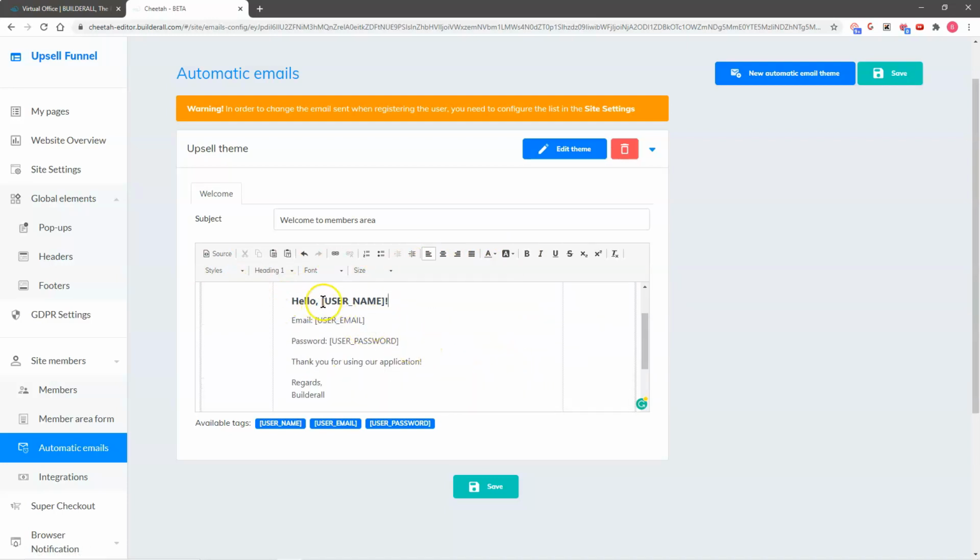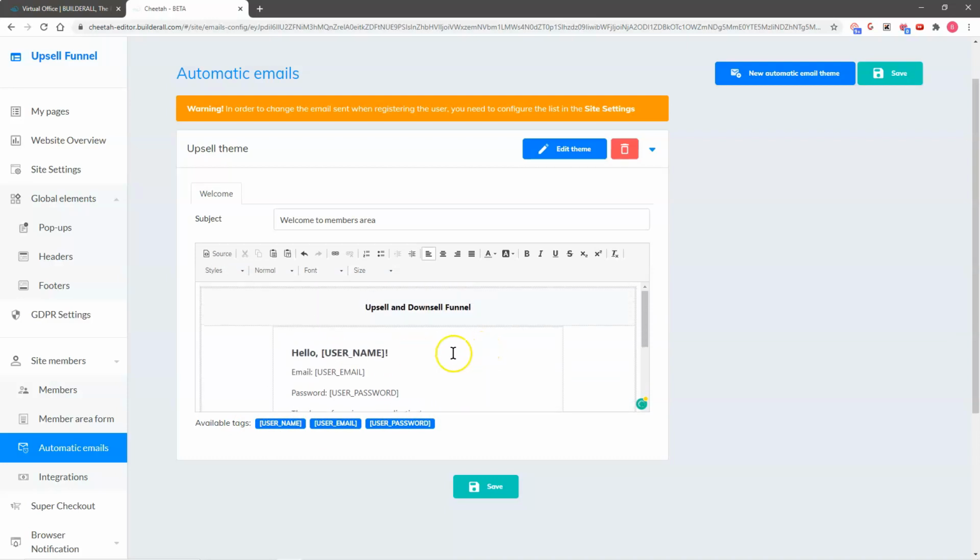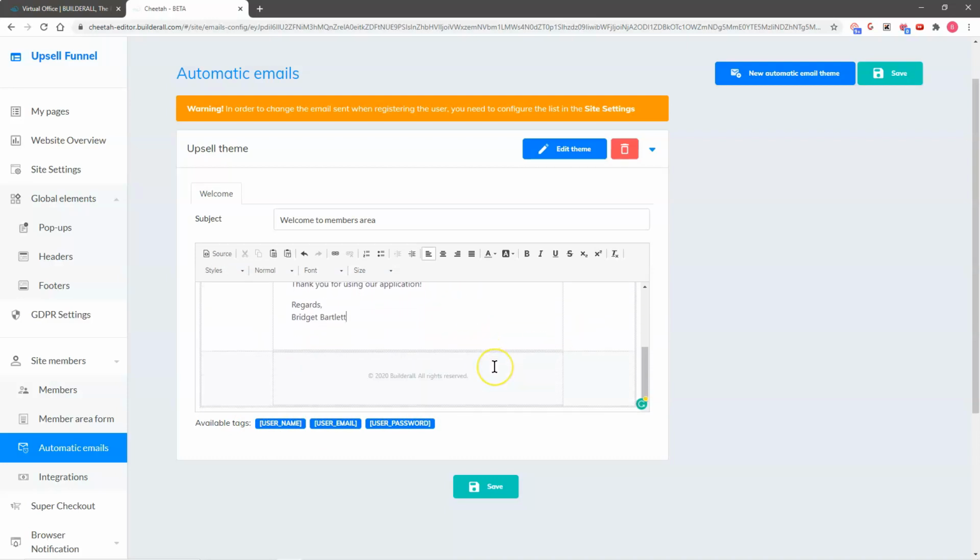We have these auto tags here, so this is going to capture the username. This is really important. You can add any information here that you need them to have. You can also change this to be your name here. And then you can put your business information here. If you want to add any of these tags to your email, you could do that as well. So lots and lots of options,